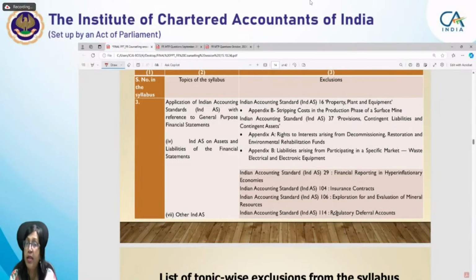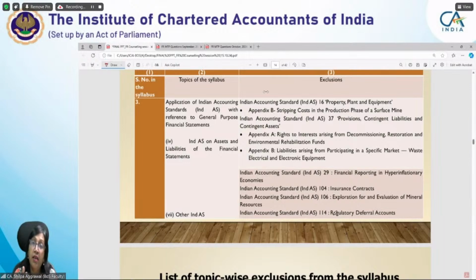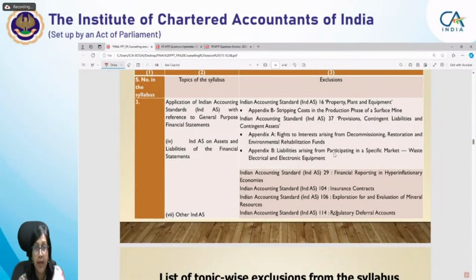For any new standard to be made applicable, it should be issued 1 year prior to the examination date. So for the November 24 examination, any standard which is issued before October 2023 will be applicable. Since it was notified in August 24 itself, 2 months back, it won't be applicable. Above all, it is an industry specific standard and we have already excluded 104. So most probably your 117 is also excluded. So that new standard, that new amendment, will not be applicable to you for your November 24